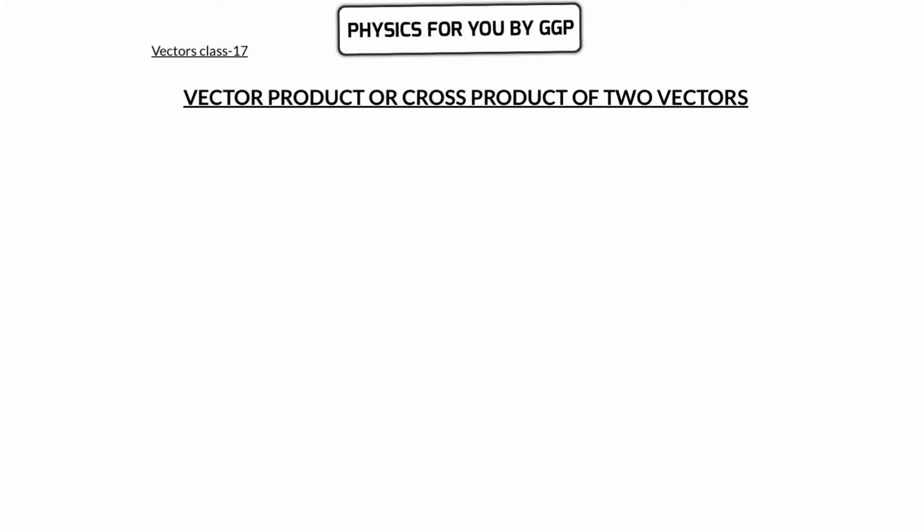In this we'll discuss vector product or cross product. If you are multiplying two vectors and the resultant is a vector, then we should go for cross product, which is also known as the vector product. It is represented by a vector cross b vector, which has a magnitude equal to ab sine theta, and since it is a vector, its direction is represented by a unit vector, let's say n cap.